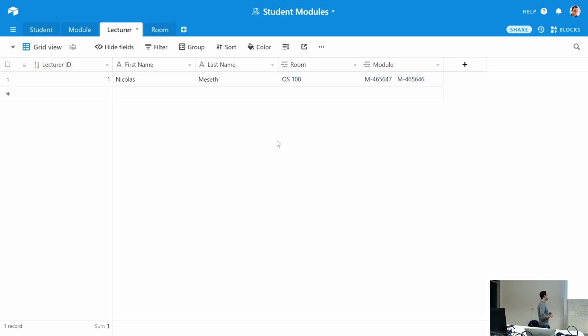That was 1 to n, and now finally we have one more relationship that we need to handle. This is the m to n. So this is the last rule. And so now we have a different rule, because with m to n, many to many relationships, we cannot simply add a column to any one of the tables